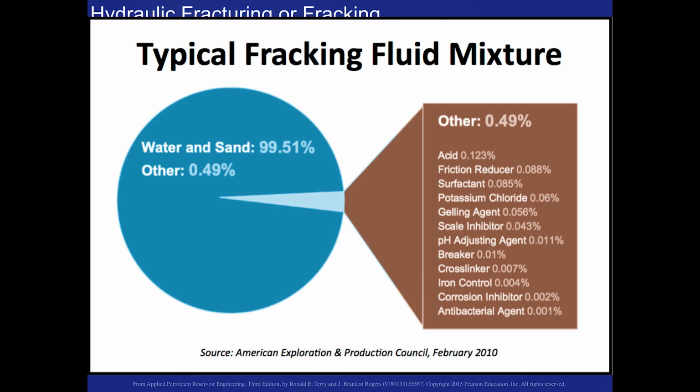And so they'll use tiny structures of rock or glass to buoy up this fissure that they've created and keep it open for the flow. Here's a slide showing a typical fracking fluid mixture that is used. As you can see, most of it is water and sand, but there are some chemicals involved in the fracking